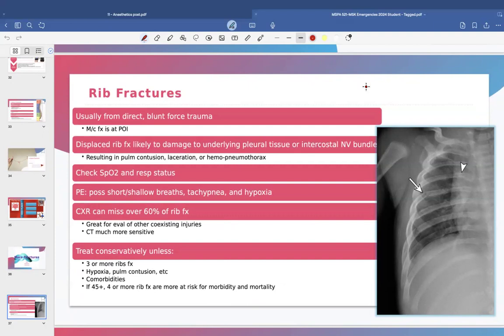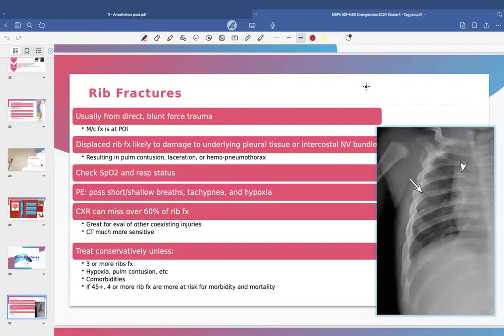You can miss stuff on x-rays. You can miss at least 60% of rib fractures on a chest x-ray. CTs are going to be more sensitive studies. A lot of people coming in for polytraumas get multi-CTs, but because most rib fractures are treated conservatively, meaning non-operatively,